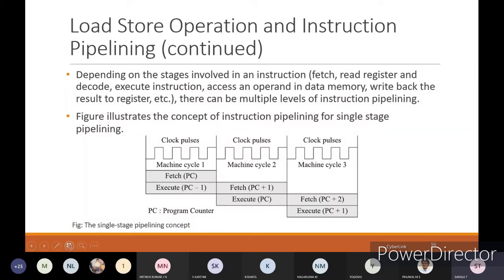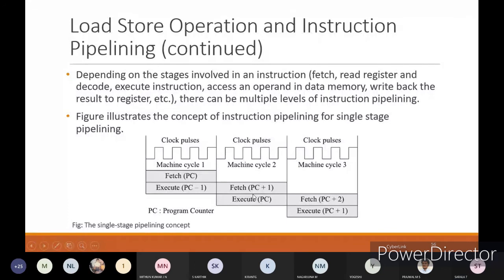At that time, the previous instruction which we have taken from the program or code memory will be in the execution stage. After completion of this execution, you will fetch the next program counter value, and now execute what we previously fetched at the program counter in this stage.